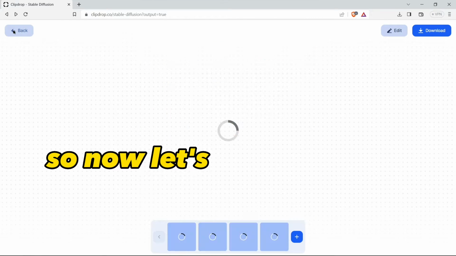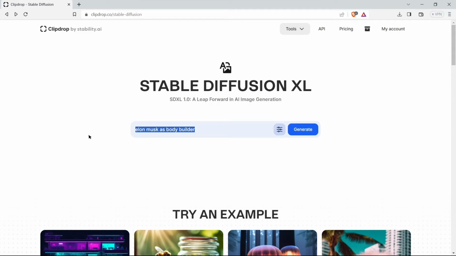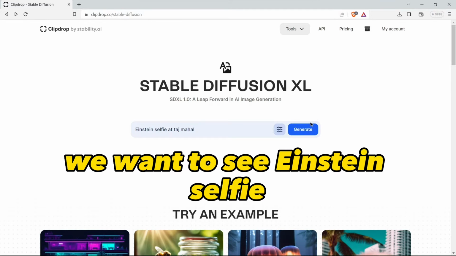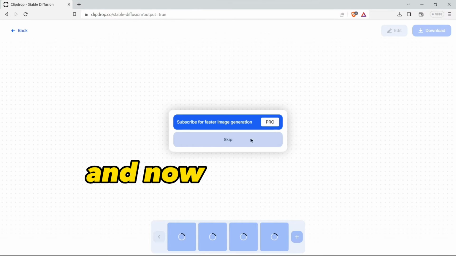So now let's try with some other person. Einstein selfie in, suppose, India at Taj Mahal. Okay, at Taj Mahal. Suppose we want to see Einstein selfie at Taj Mahal. Click on generate, and now click on skip